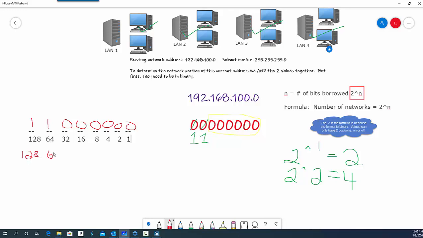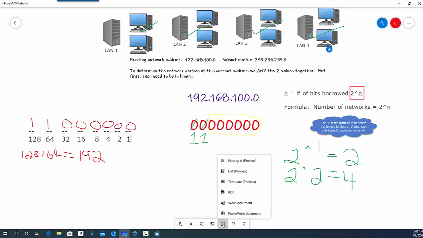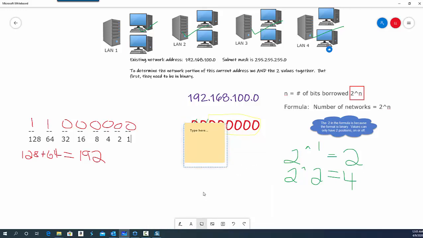1 times 64 is 64, and then of course the remainder are all going to be 0. You add this up, that equals 192. So our new subnet mask is going to be a little bit easier, and just put a little note in here. Our new subnet mask is going to be 255, 255, 255, 255 plus 192. And that is going to be what our new subnet mask is, and that allows us